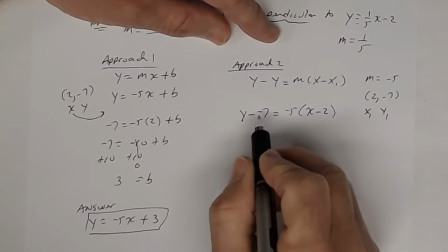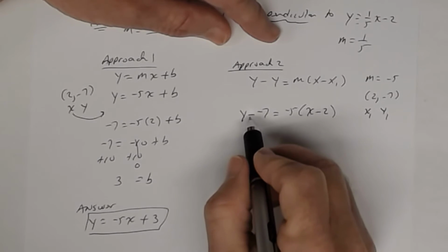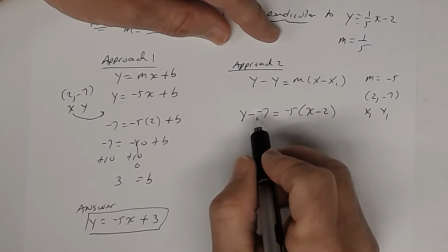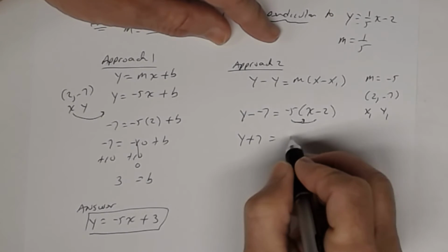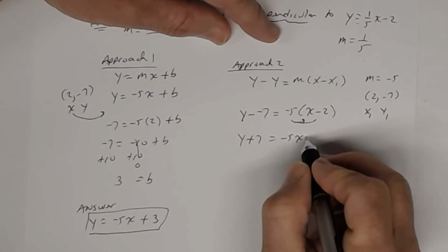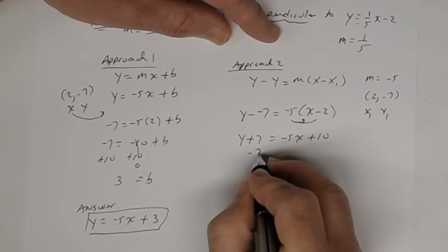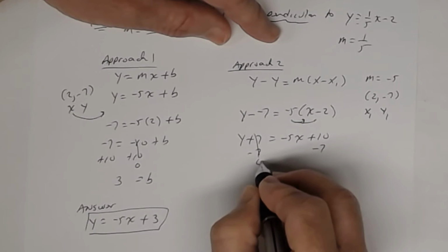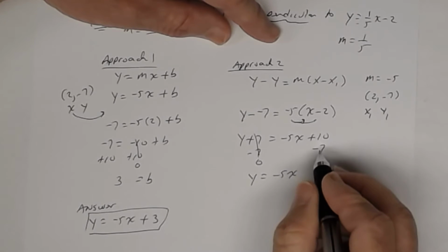Before we distribute, let's go ahead and simplify this first. Y subtract negative 7 means y plus the opposite of negative 7, which is positive 7, so it's y plus 7 equals, and let's distribute. I get negative 5 times x, and negative 5 times a negative 2 is a positive 10. Subtracting 7 from both sides and combining like terms, I get y equals negative 5x, 10, and a negative 7